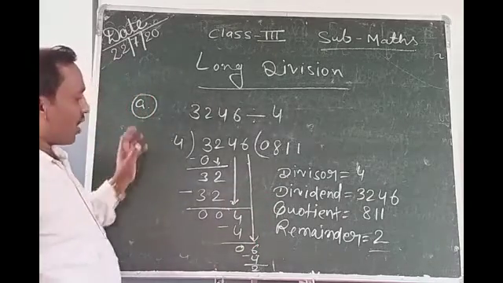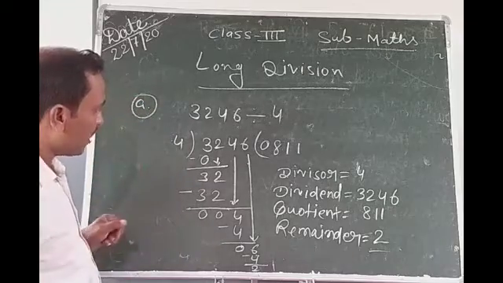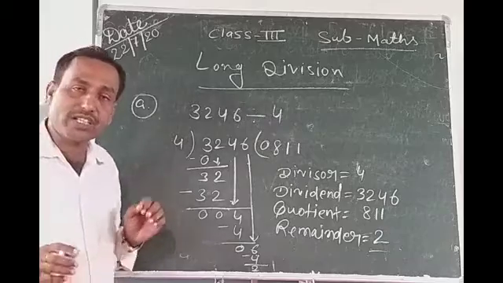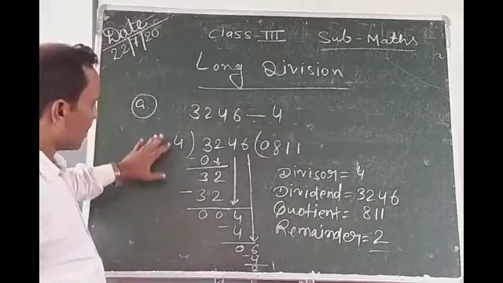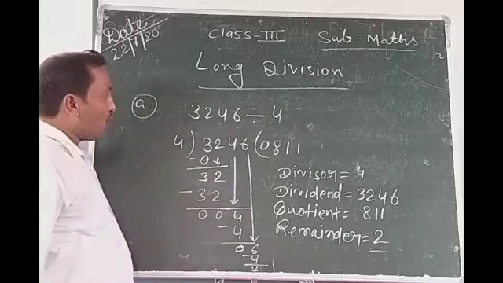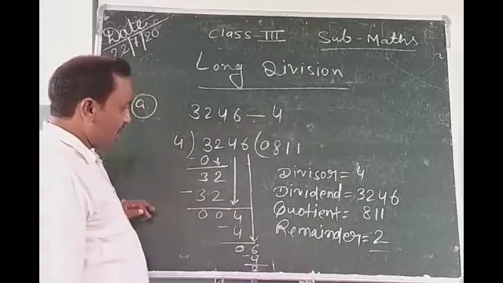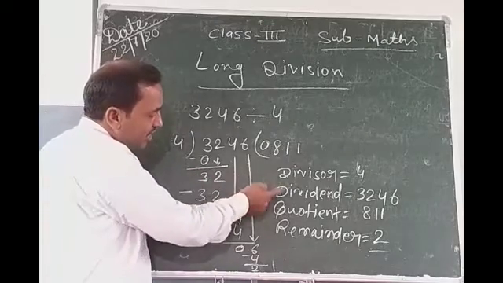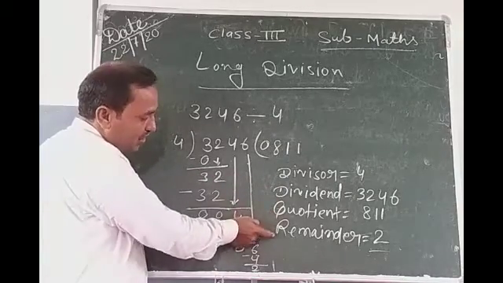Okay. So now again I will teach you one more question. That one I will solve, and you will see how to check whether the answer is correct or not. So first, in this way, if there are any division questions, you solve them by the long division method by this process. And again I am telling you, in division there are 4 parts: 1 divisor, 1 dividend, 1 quotient, 1 remainder.